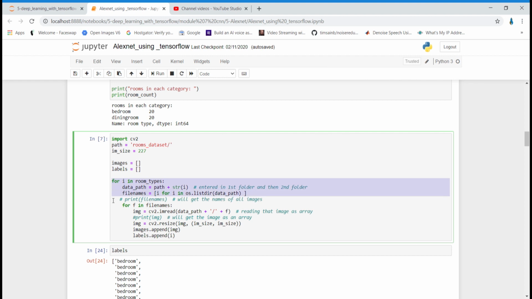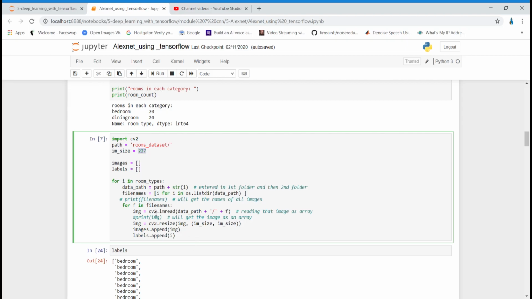For that, I'm using a loop. The first for loop is to enter a folder, and the second loop is to resize an image. So how are we resizing an image? First of all, we are reading an image by using cv2.imread, and then by using cv2.resize, we are resizing the image to im size comma im size. What is this im size? IM size is storing the image length and width.